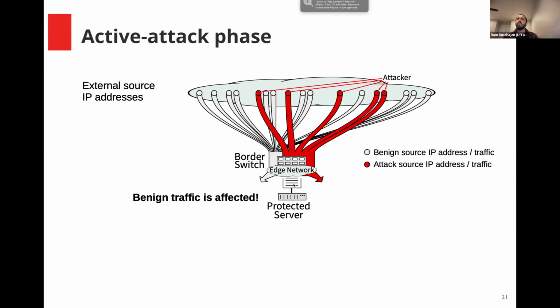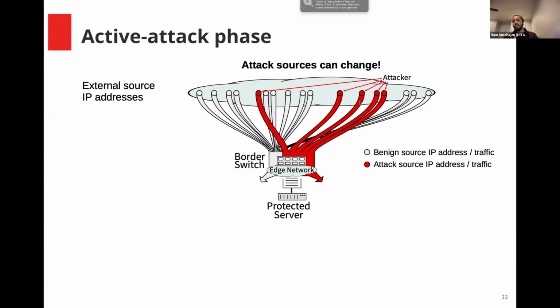So given this, there is also, of course, in addition to the benign set of sources, attackers who are constantly trying to attack either your border link or some of the access links towards your protected server, such that the benign traffic, especially your workflow, could be affected. And the key property with any of these attackers is that they don't start with static addresses. Maybe they do, but then they constantly change, and the attack sources change all the time, which means